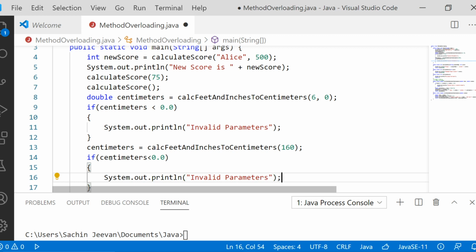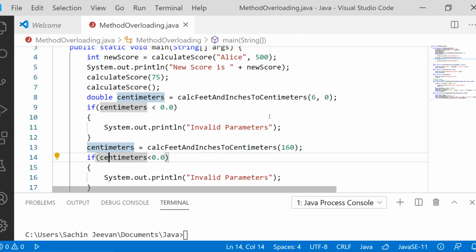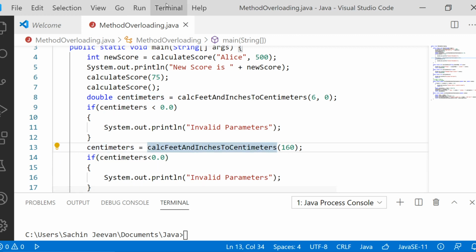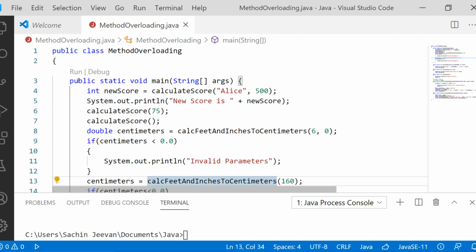That's it. Okay, fine. So now we can call and check whether this new method is also working fine. Same method name but with a different number of arguments. We will execute and check.